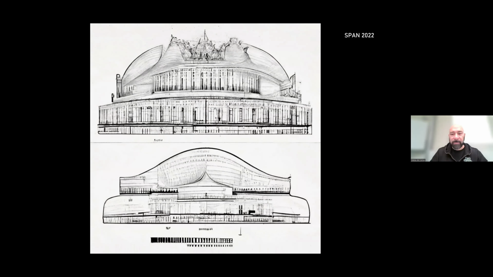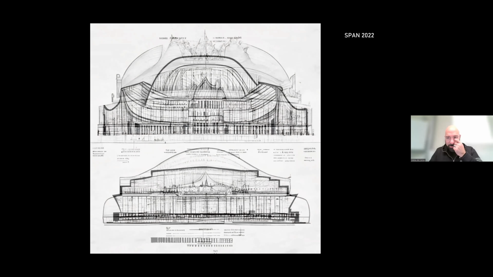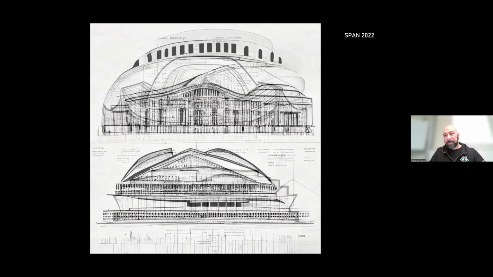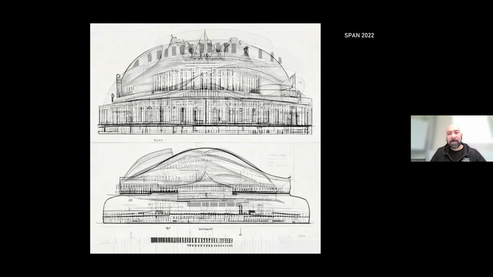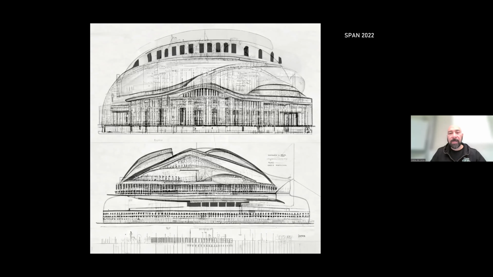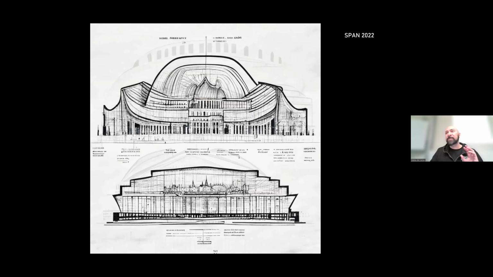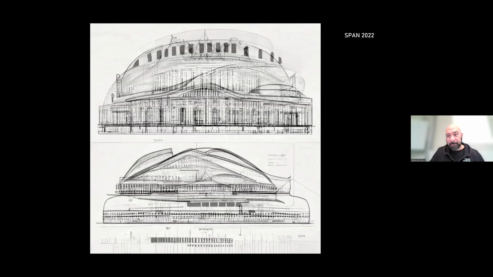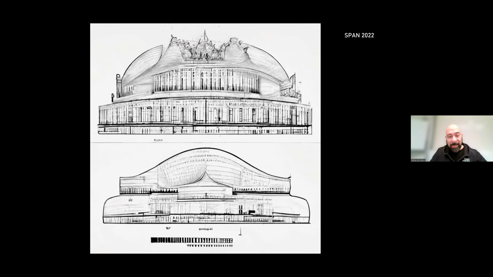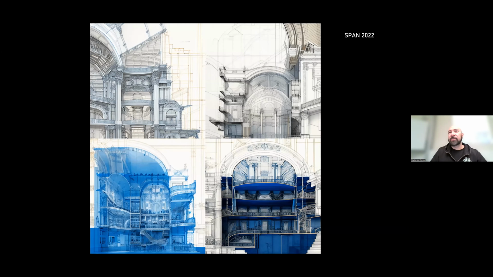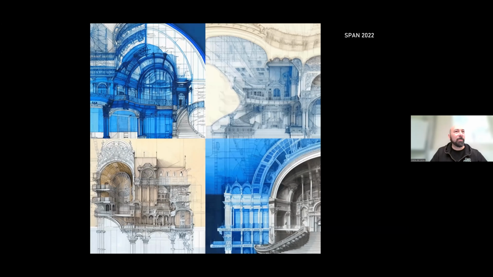That's interesting. But it also shows that the development of Midjourney has been quite interesting because this is version 2, which came out, I think, in May or June this year. No, earlier, April, which was pretty rough. The images were not perfect. There were a lot of errors in them, but the errors are what makes it interesting, in my opinion. If you use the same prompt today with version 4, this is last week, you get this, which is a sort of historicized romantic idea of the opera house.